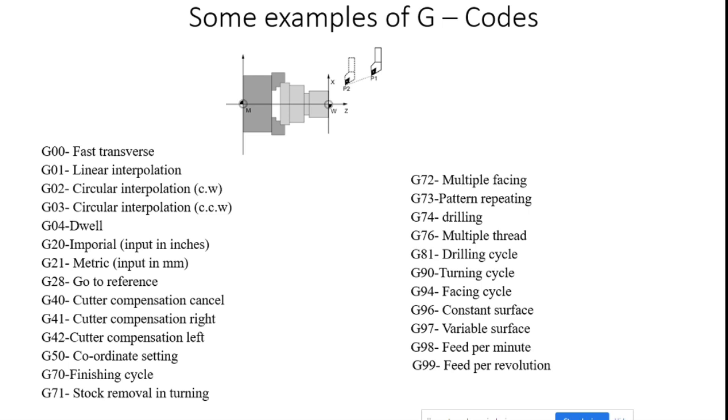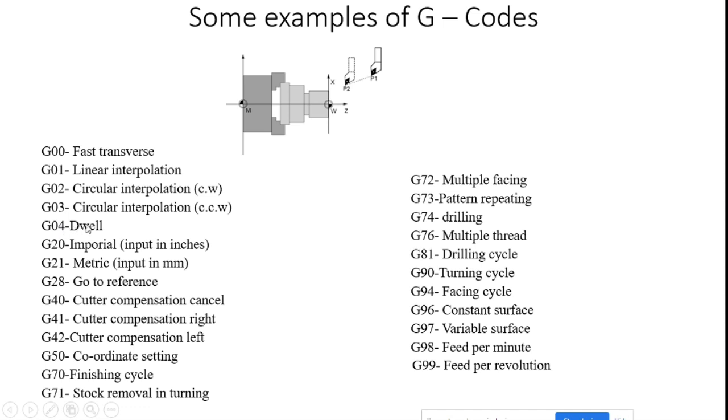Up to this, we discussed what is meant by G02 and G03. G02 means clockwise circular interpolation and G03 means counterclockwise circular interpolation. Sometimes the tool is waiting for the next operation, so we should give a dwell time for the tool. For example, in a drilling operation, it won't go for continuous drilling, so it needs some dwell time while waiting for the next operation. We can give that dwell time with G04.